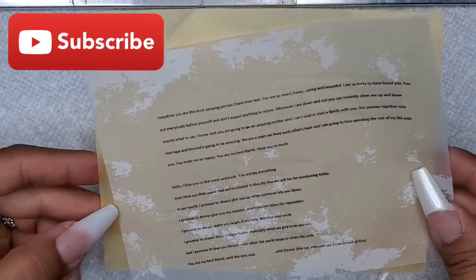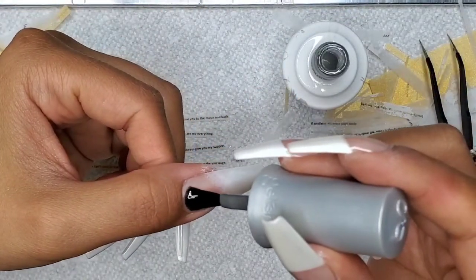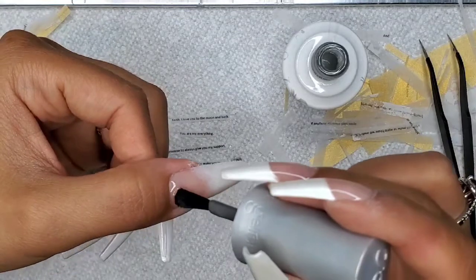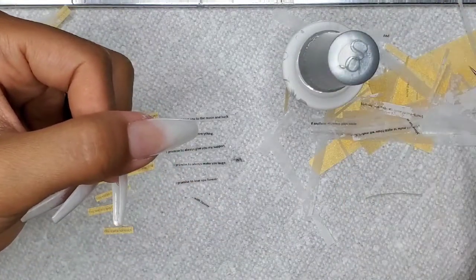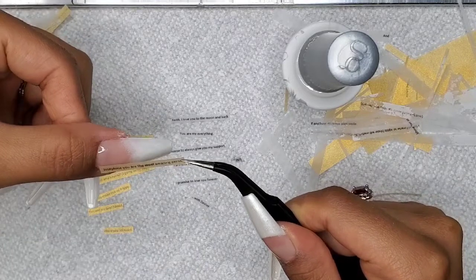Let's get started. So I printed out my vows here on vellum, and things associated with a 1-year anniversary is paper. And as I said in the previous videos, gold is a color associated with it. So I'm going to take some matte gel polish by Gelish, and I've cut up pieces of my vows, and I'm going to be laying this down. So the gold